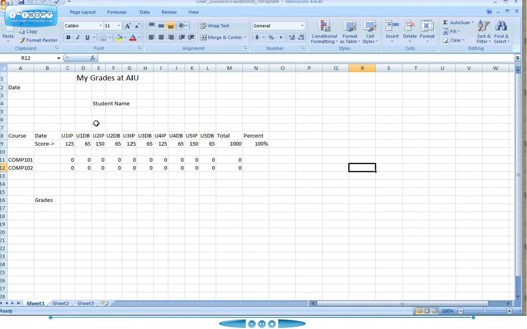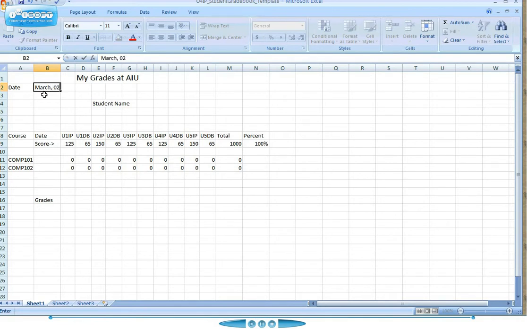Now you'll see a lot of things are already formatted here. So you just have to follow the 11 steps that are outlined in the assignment, because the last one you just have to save the document. The first one says in cell B2, enter the current date in the month, day, year format. Example, so find cell B2, and today's date would be March